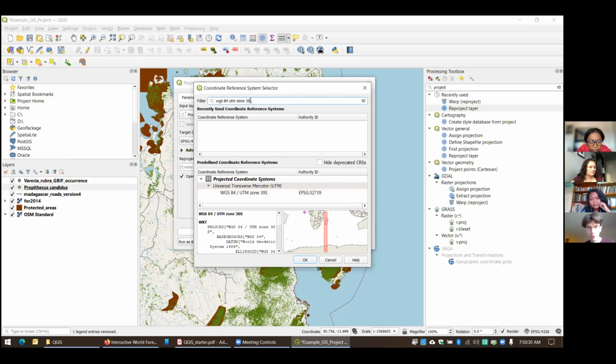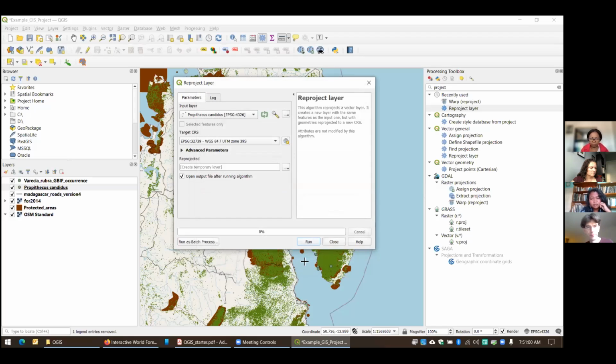I could actually go to 39 potentially and see, maybe I should use UTM zone 39S, since that covers this northeastern corner of Madagascar a little bit better. And that's the area here that I'm actually working with data on my map. So I'm going to use UTM zone 39S, which includes that small area of Madagascar. So I'm going to go ahead and do that.